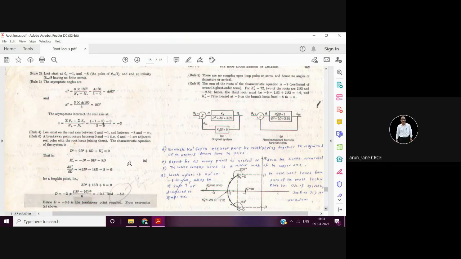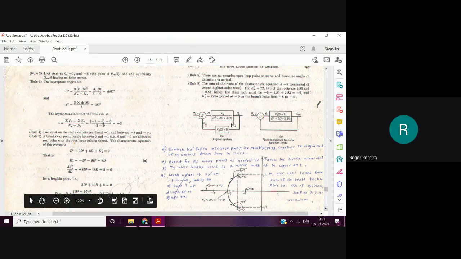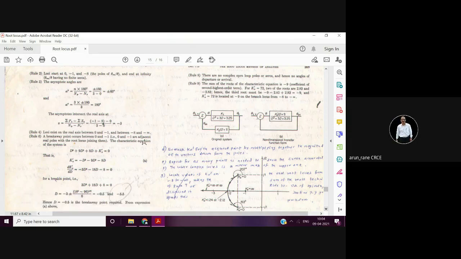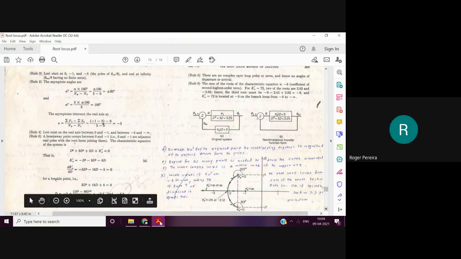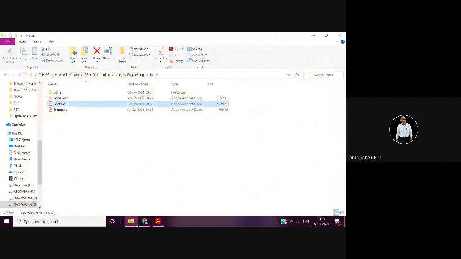11 o'clock. Okay, as per your ability and my ability we will conduct and will try to finish as early as possible. I will again revise this root locus and Bode plot. Maybe another 2-3 lectures we should be able to finish. One more chapter is there: Bode plot, and then just a summary of entire control engineering.